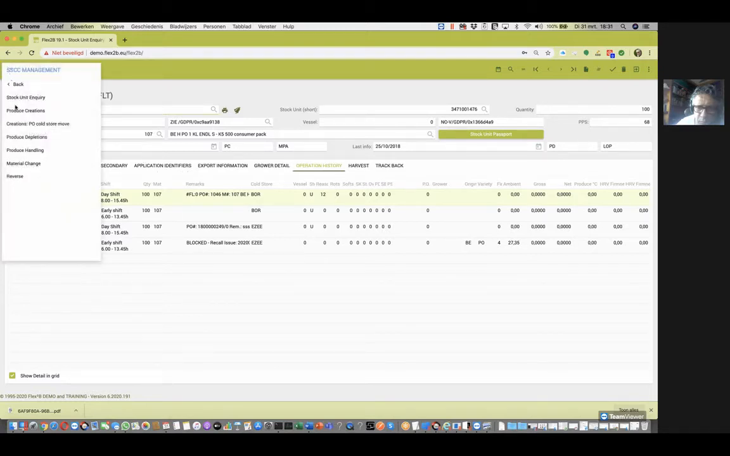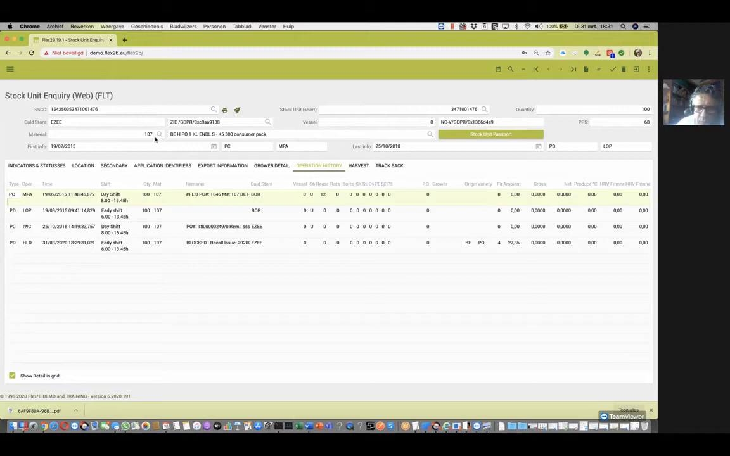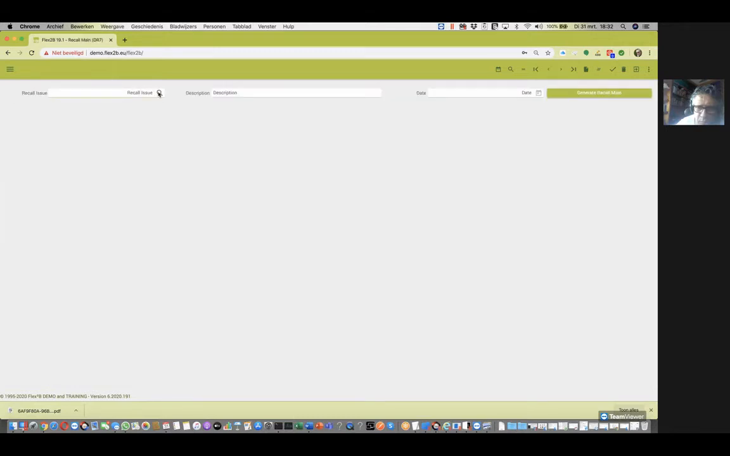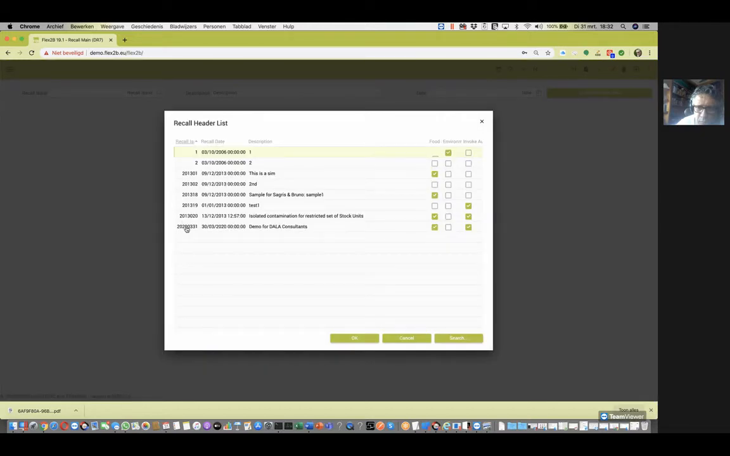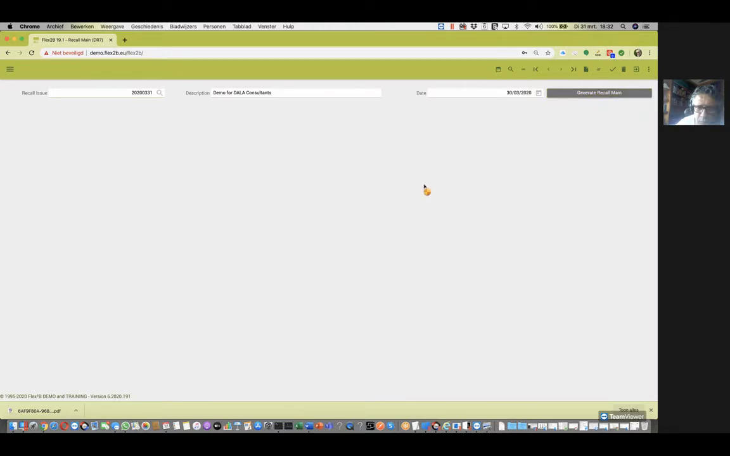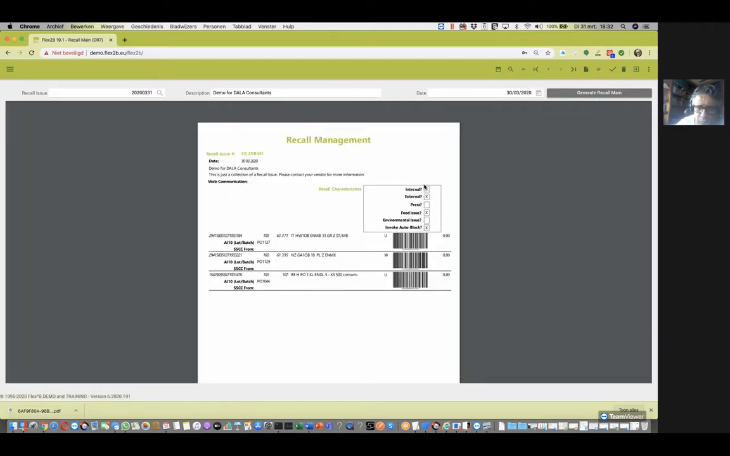When I look at this one, let's now go to the recall report. So that's food safety, and we're going to go to the recall report, and let's take just an issue. Let's take the issue that I just defined, the last one. Okay. And let's generate the recall. So you see the recall